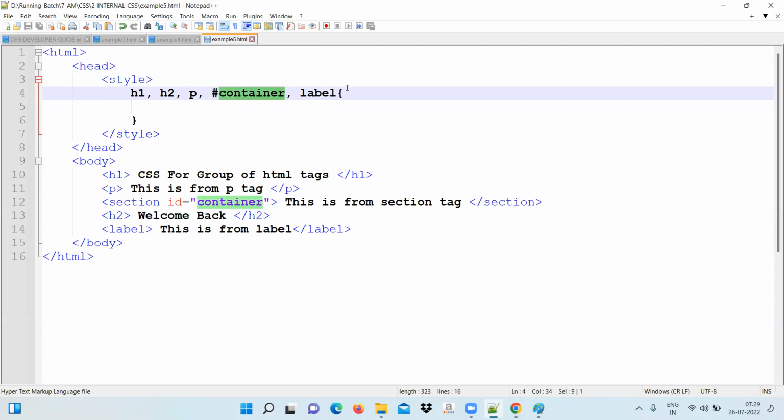We can create a class here; class is also a selector. So what is the selector? Number one, in HTML, whichever tags we have, all are called selectors. Number two, ID is also called a selector. Class is also called a selector. So in case people ask what is the selector in CSS, your first answer should be